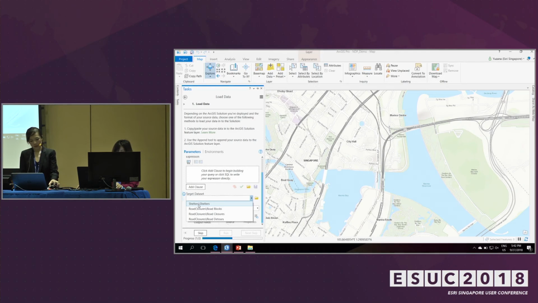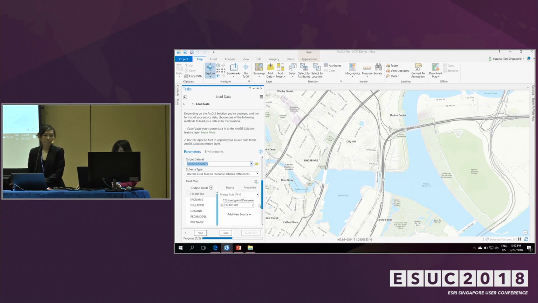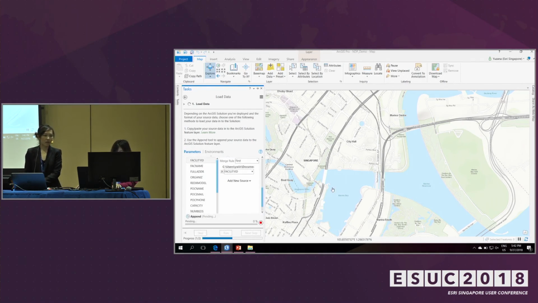This one is from the solution template I deployed. So you can do the field mapping here. Now I keep the default and I click run. And it is adding my own data to the portal. So after the deployment,